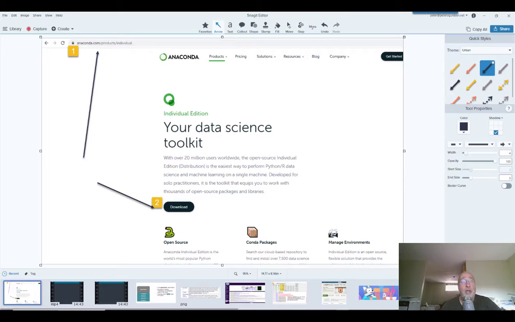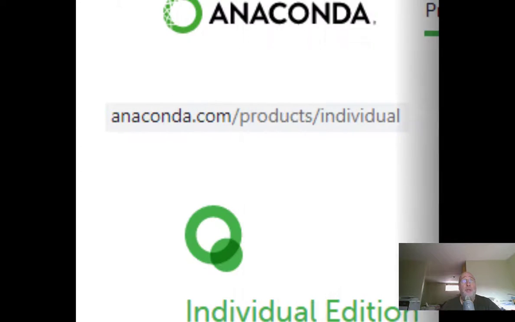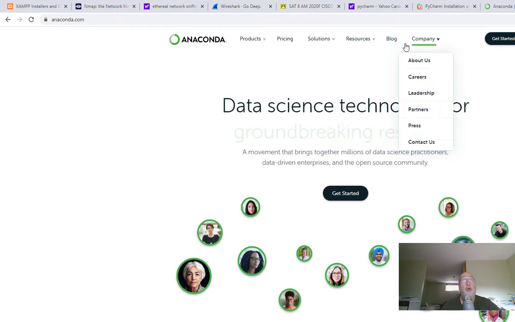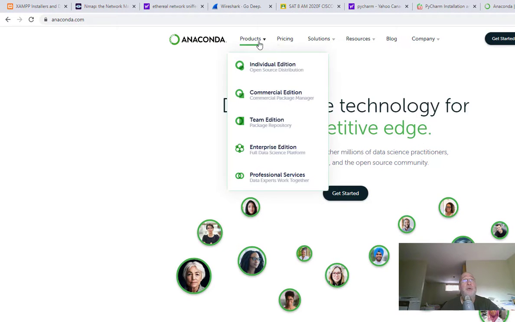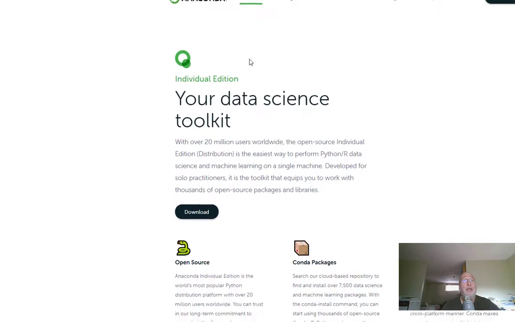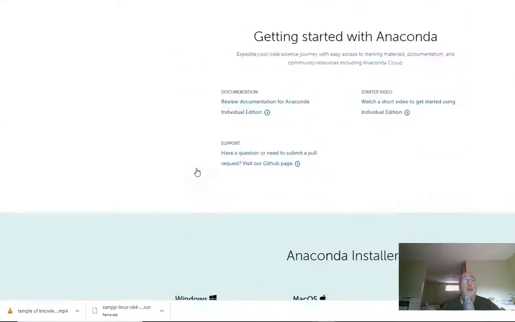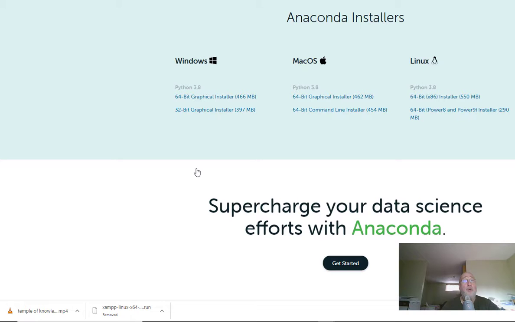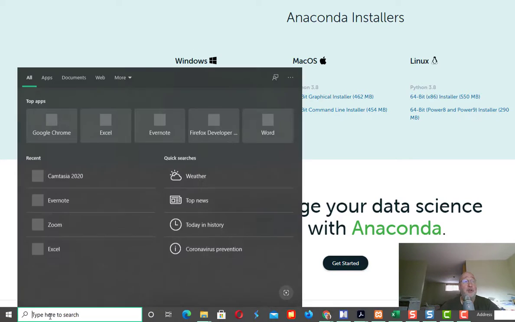Step number one, and the links are going to be in the description with this video, but you're going to go to Anaconda Python. So you're going to search for anaconda.com, and you're going to go here and you're going to say products, individual edition, and you're going to download and install. So download for your operating system and install, and once you've installed it properly, if it's going properly,